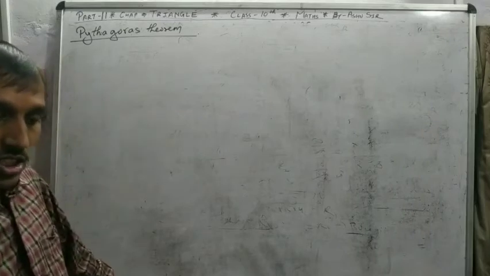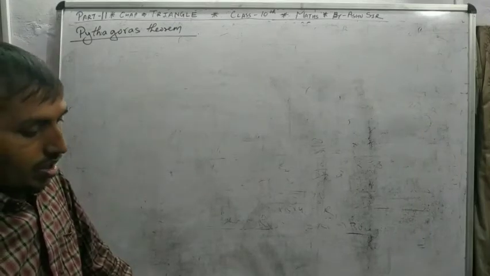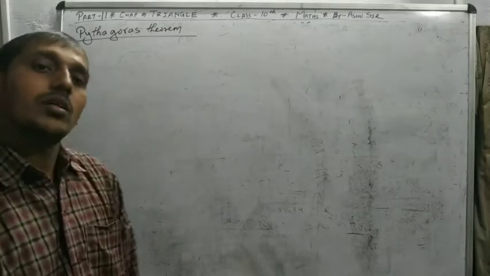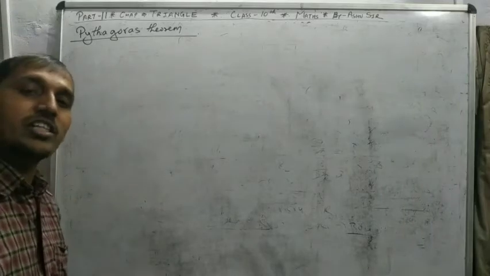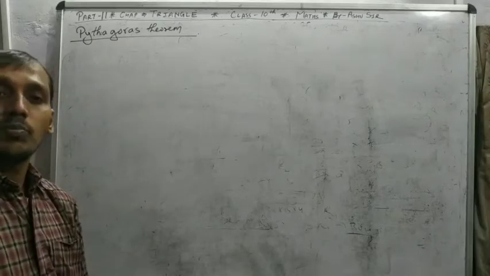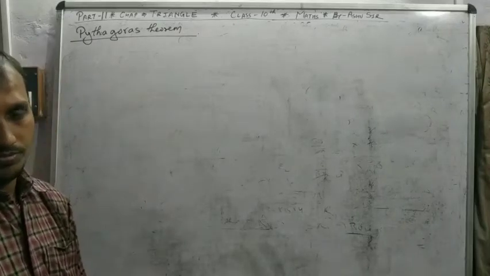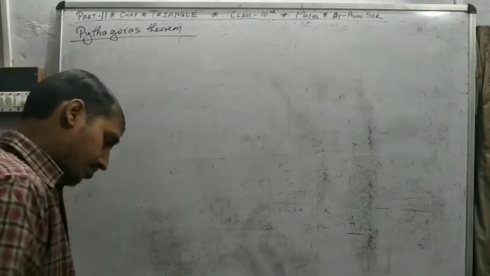Today we discuss in the whole video the Pythagoras theorem. Pythagoras theorem is the last topic of this triangle chapter, but only the topic is last. My video is not the last for this chapter, because in the next videos we explain the important questions and board questions which come. So firstly we explain what the Pythagoras theorem is.